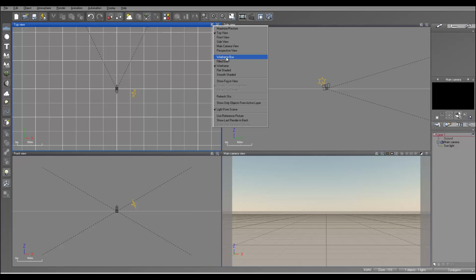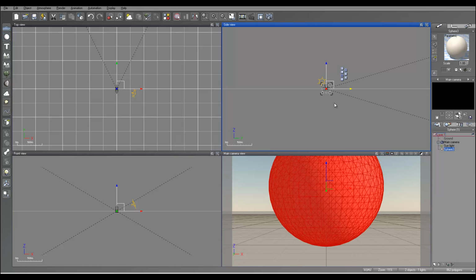You can adjust what view it is. You can adjust the quality of the view, and what also is displayed within that view, whether light is displayed, whether you're seeing fog in the view. In these three views, the side, top, and front view, I like to keep them all on wireframe, and that's why you'll notice that